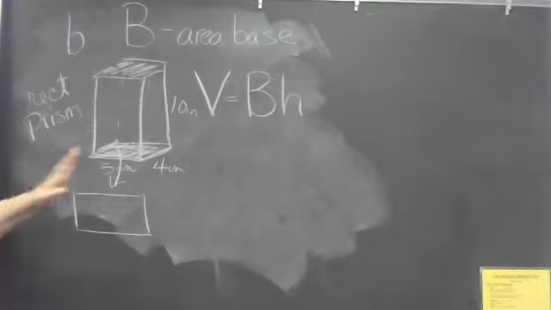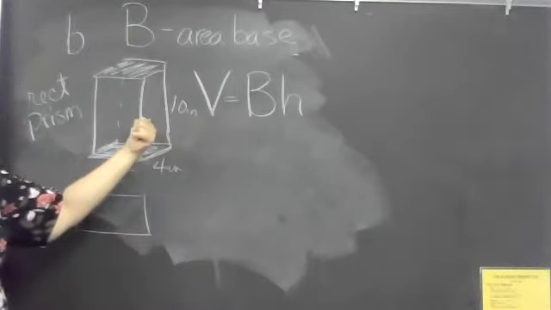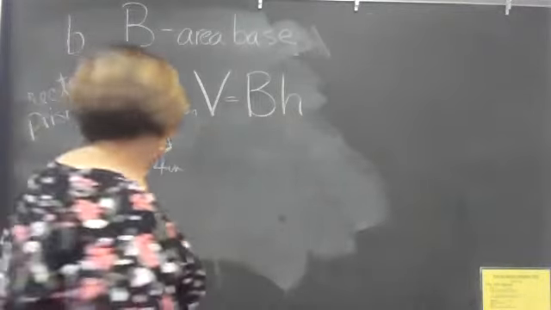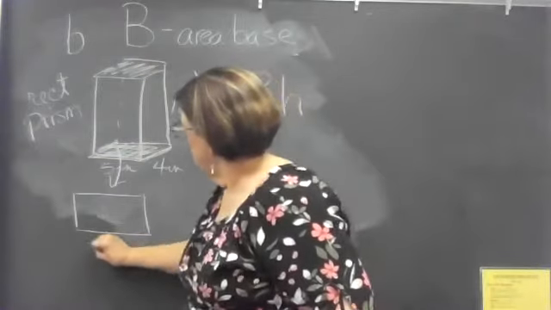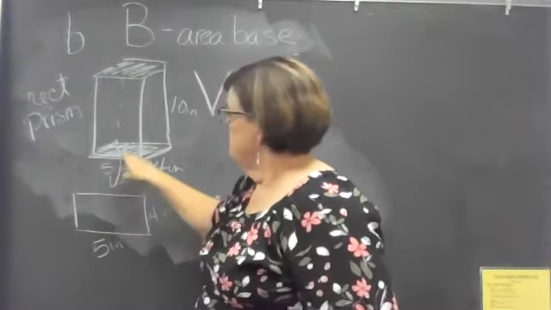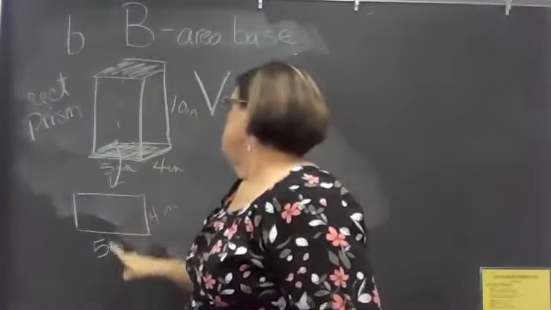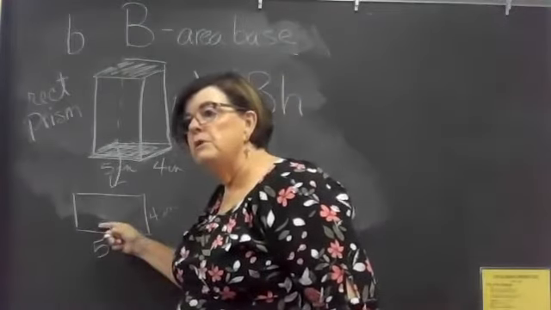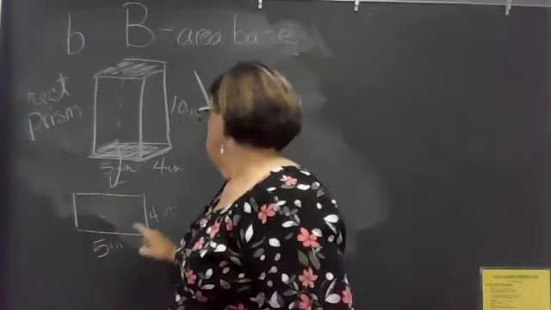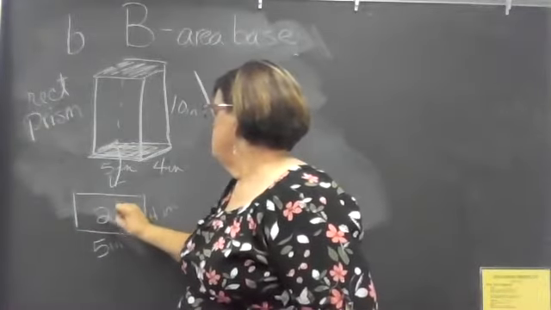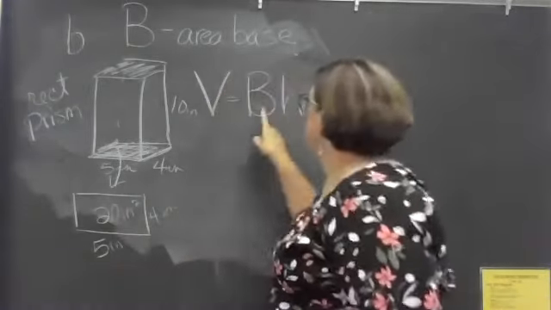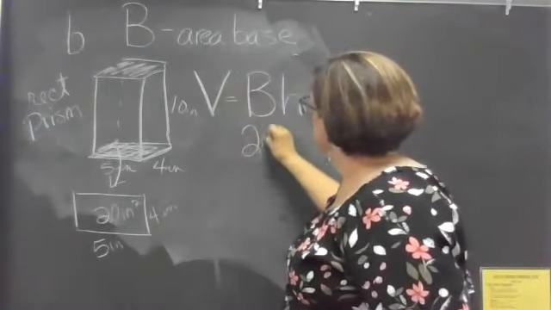Okay. Now, if we have a big B, the volume of this rectangular prism says we have to stop and find the area of the base first. And the way you find the area is 5 inches. This is 4 inches, because y'all understand this is this. Y'all understand that? Okay, the area of a rectangle, do you guys remember we did a bunch of these? How do you find the area of a rectangle? Length times width. So the area here is going to be 20 inches squared, right? For the base. So the area of the base is 20